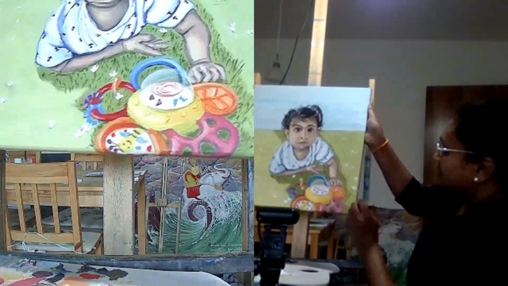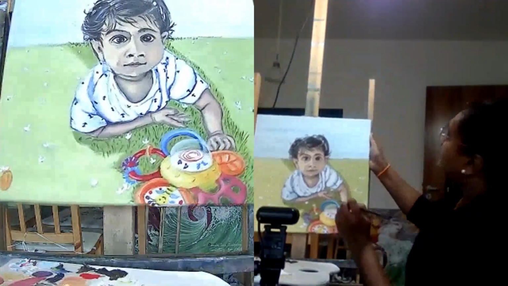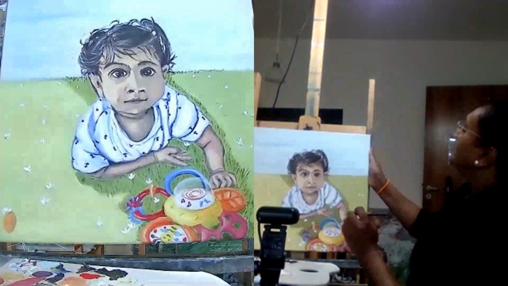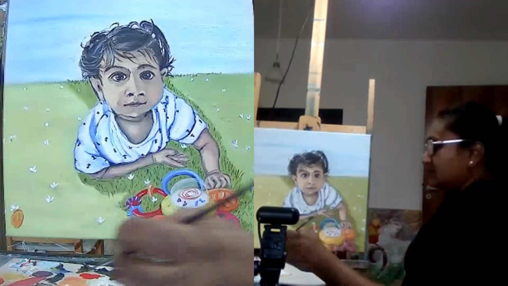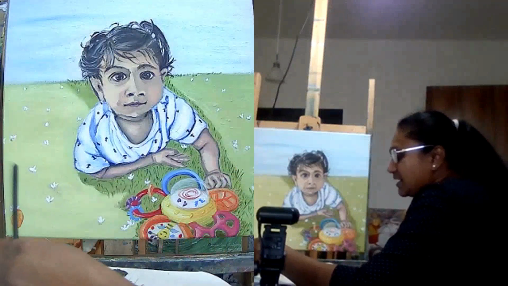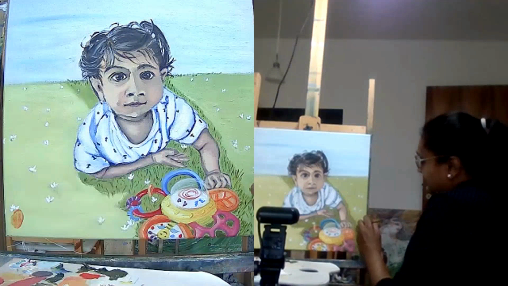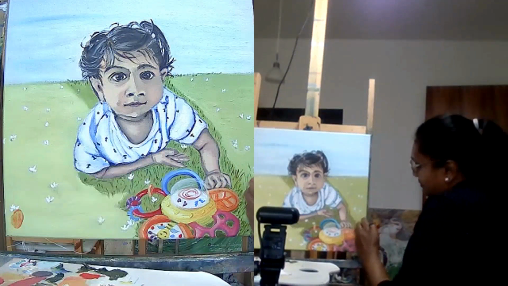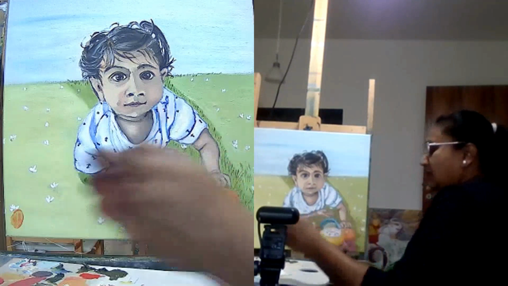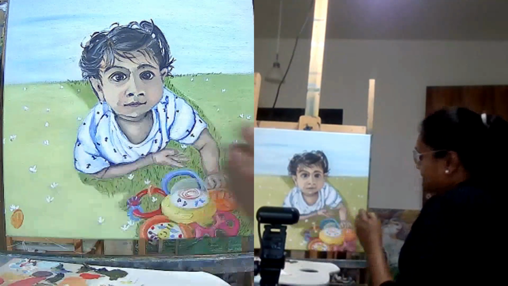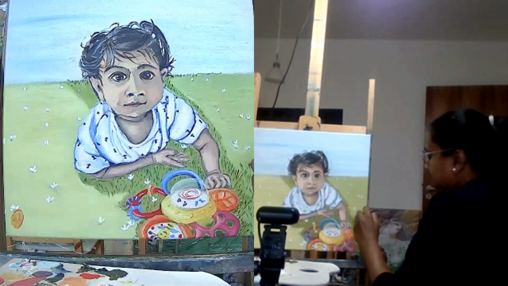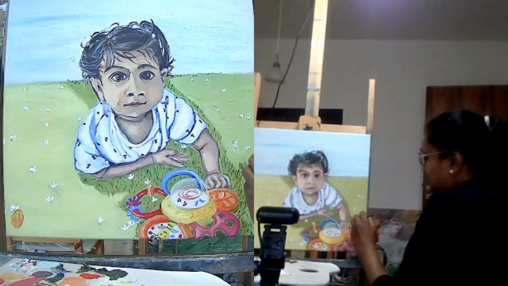Again, putting in some strokes. I'm not worried too much about it. Okay. So I am going over doing the same thing on the other flowers, bringing the length of the flower, and then putting in some cross strokes, making it look. It's okay if it goes thick. Do not worry too much. It's a learning.